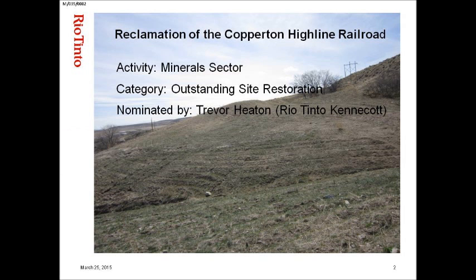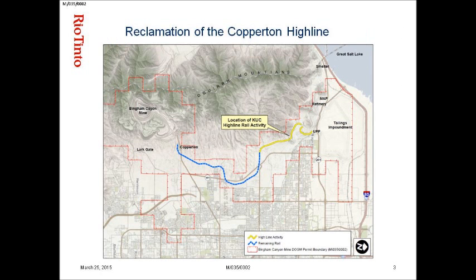All right, thanks for the opportunity to present this project to the board. My name is Trevor Heaton. I'm a senior reclamation engineer for Rio Tinto-Kennecott. I'm happy to present this project. It's been a fun project for me, and it's been interesting to see the change in the site as we've moved forward with this reclamation. What this project is